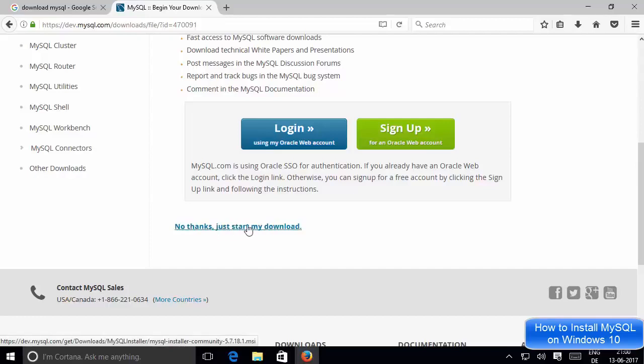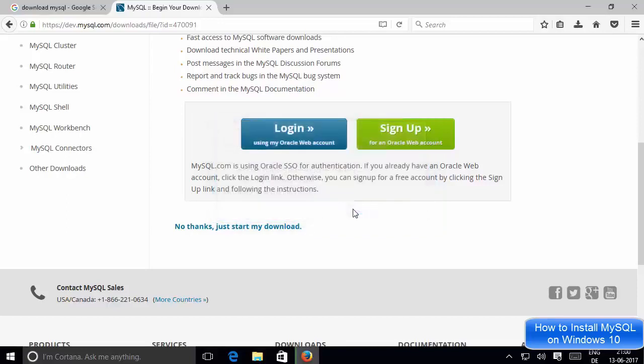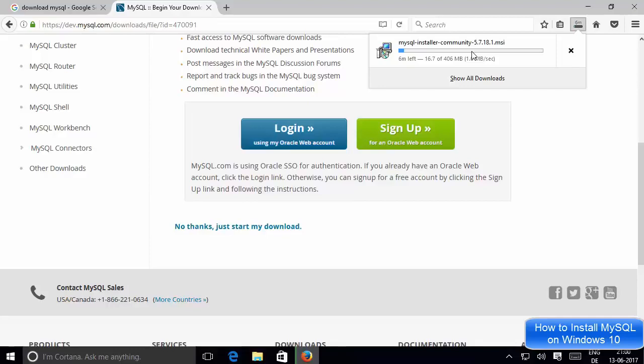So just click this link and now the download will start. You can see a 406 megabyte file will be downloaded, and I will just say save file. By the way, it's quite a big file, so it will take some time to download.